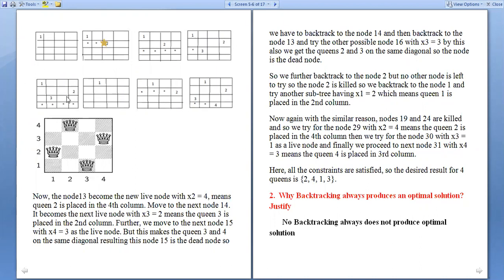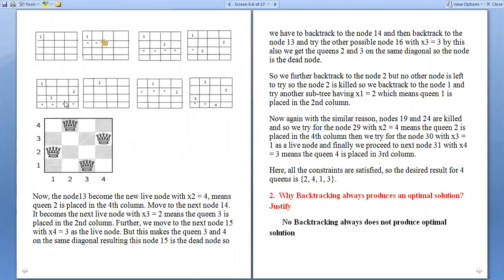Now when I want to place queen 4, is it possible to place queen 4 at any cell of the fourth row? It is not possible. That is why we need to backtrack and change the position of queen 3, and again check the position of queen 2, again move to the position of q1, then change the q1 column, then you can place q2 in the second row.